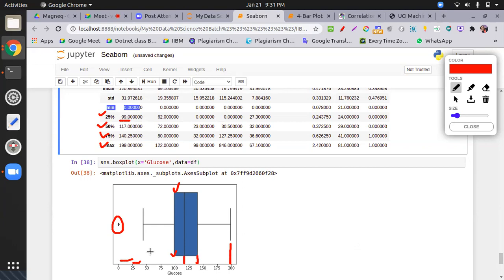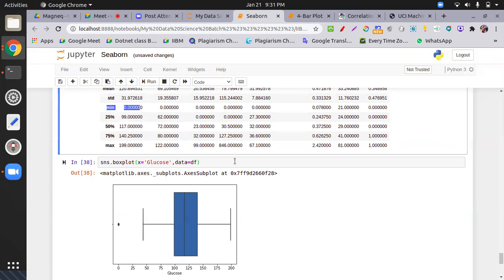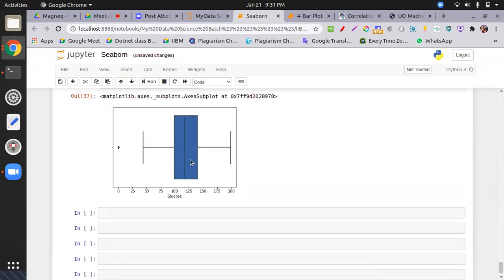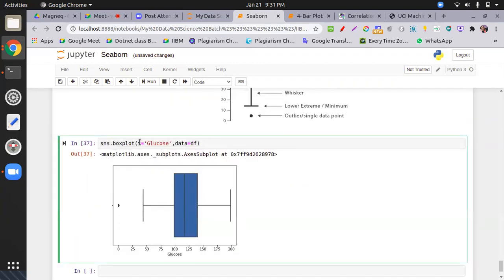The person asked me about the histogram and the difference. Histogram gives you the count, how many values are centered around 50. On 50, 7 values are there, and 0 values are there. Histogram gives you the count, but box plot gives you the values on which the range is going to start or finish. That's the thing. If you want a vertical presentation, check this one and put y.